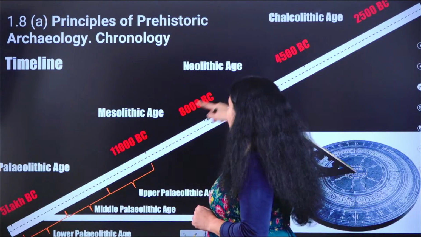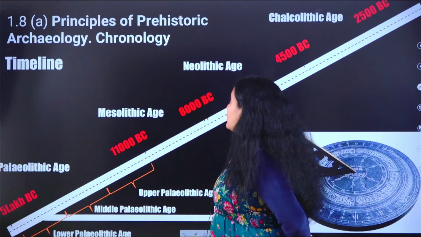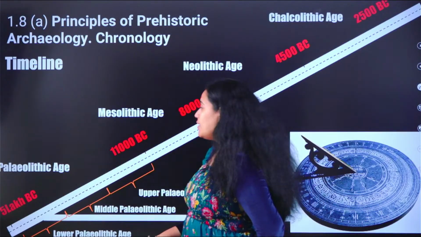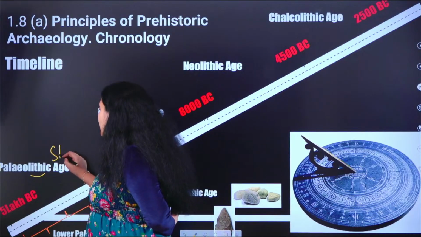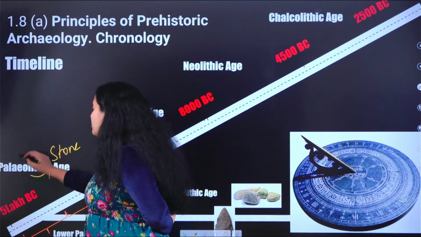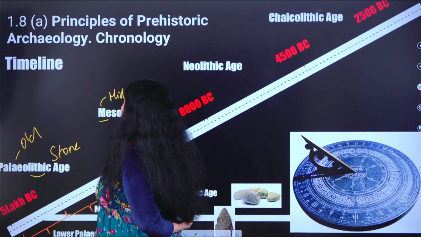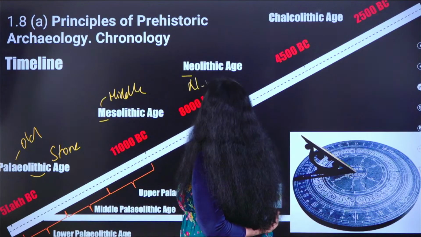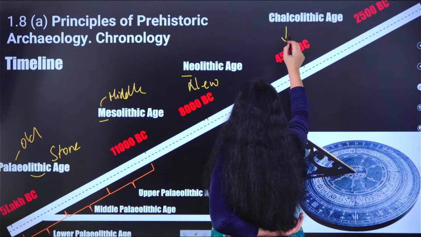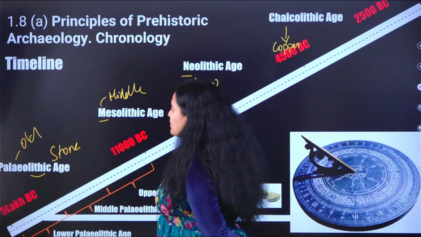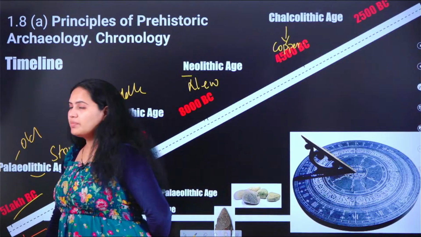So all these names, whatever you are seeing, Paleo, Meso, Neo and Chalco, they come from Greek words, where lithic means stone. Lithic को हम stone करके बुलाएंगे. Paleo means old, Meso means middle, Neo means new, and Chalco means copper. Okay, so the transition has started not even 5 lakh BC, it traces back